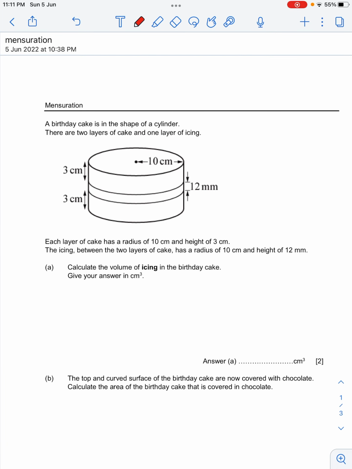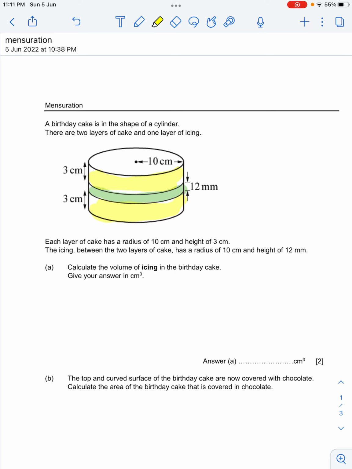It says that a birthday cake is in the shape of a cylinder. Then there are two layers of cake and one layer of icing. So the layer of icing is this part here that I'm labeling green. Then the layer of cake is obviously the ones on top of the green, like so. Okay, so now they are asking,